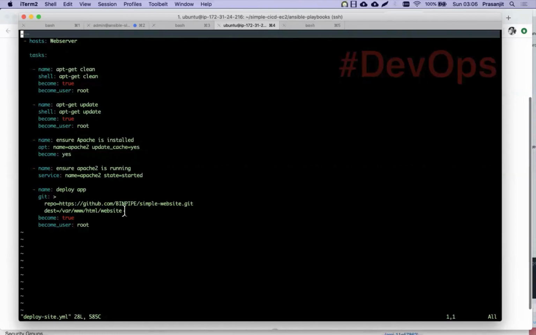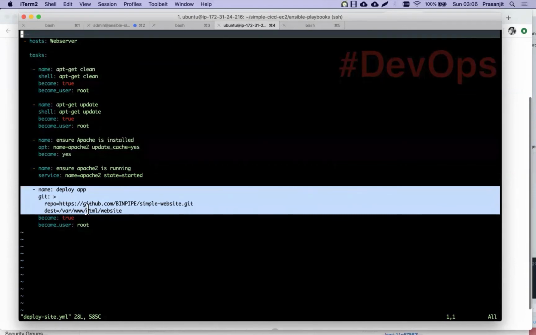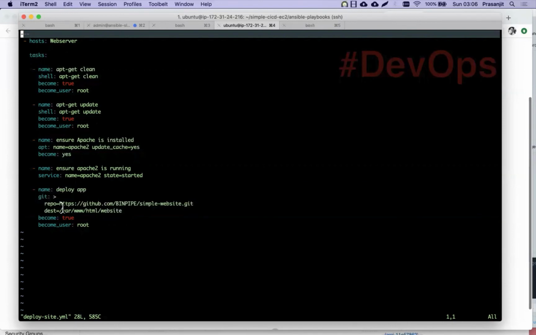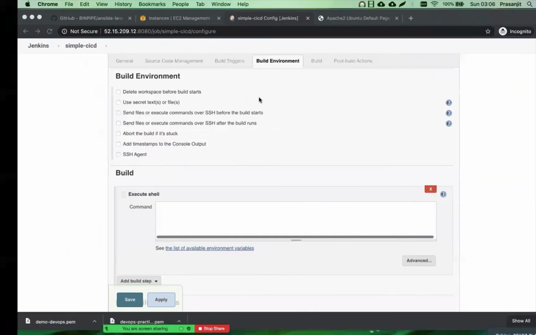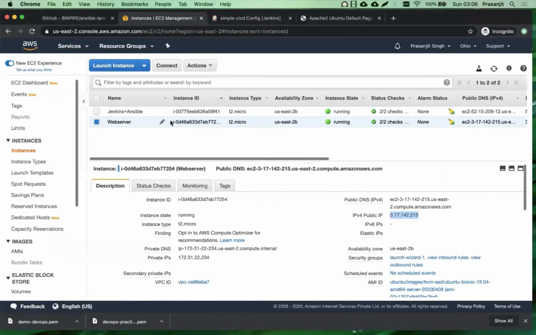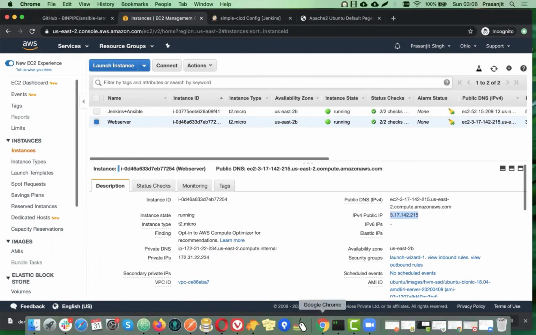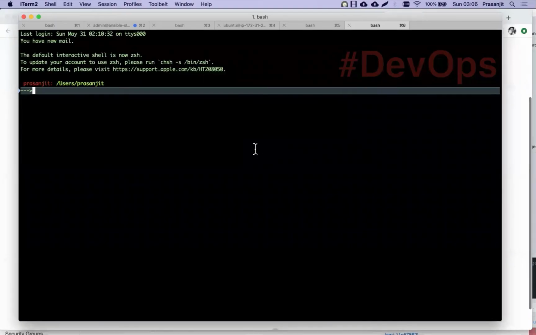And this is the actual thing that is happening in this particular step. It creates a folder called website and puts our code there. Okay. And checks out this code inside that folder. So we can also physically verify that. To do that, let's also get into our web server to see where it's checked out the files so that you will know, because normally, as I said, you won't have to log into the web server ever, but you have to know the internals also, like what is happening in that server, where the files which you are checking out go, and so on. So SSH,